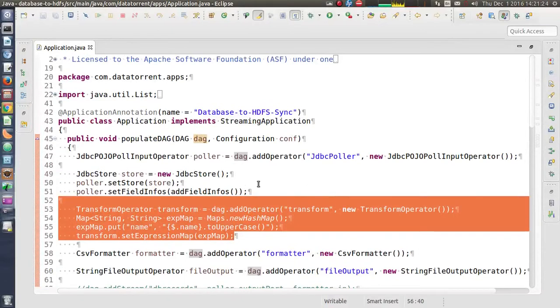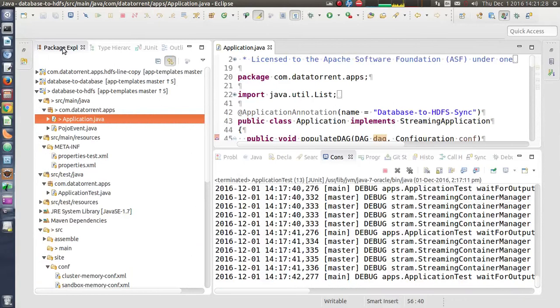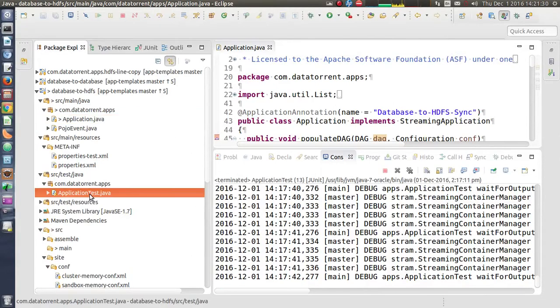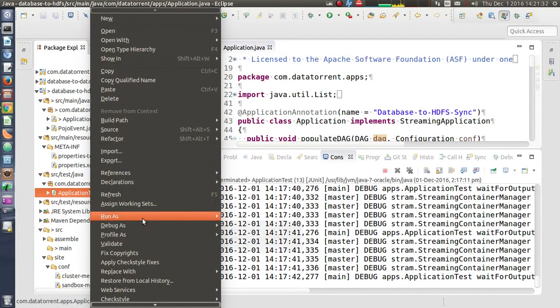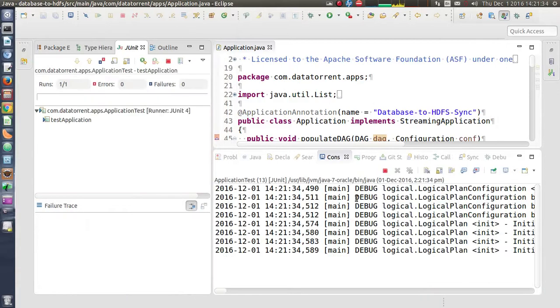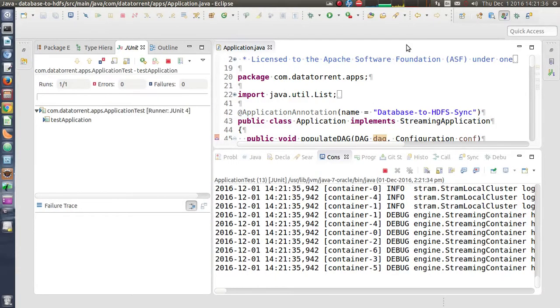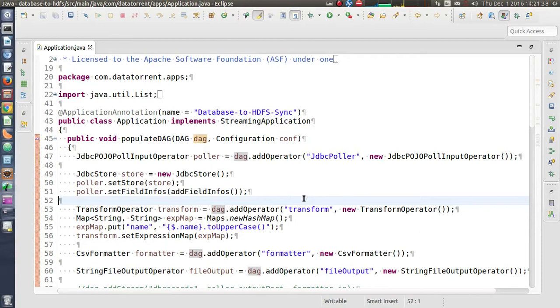Let's try to run this application. I will use application test. Running this might take some time.